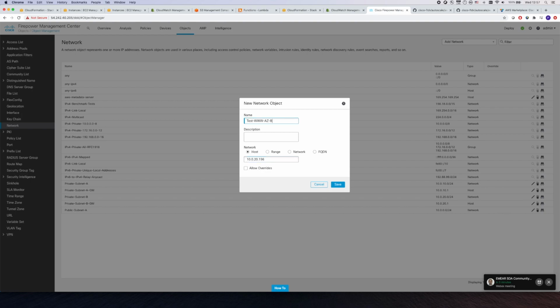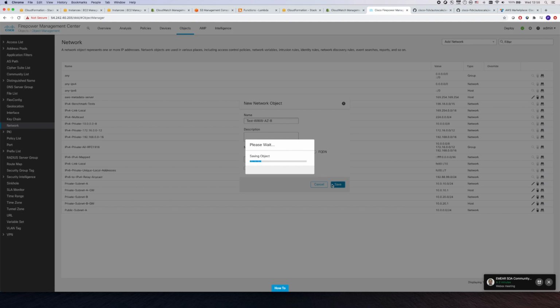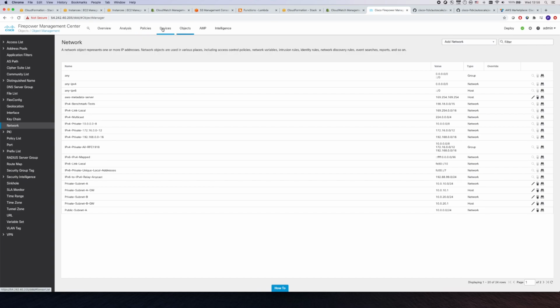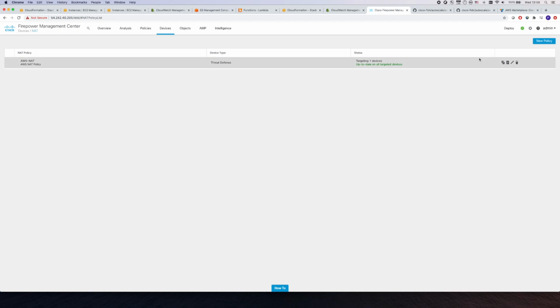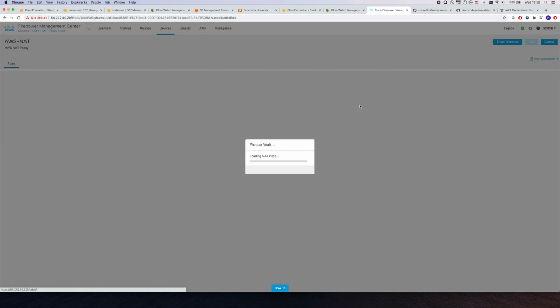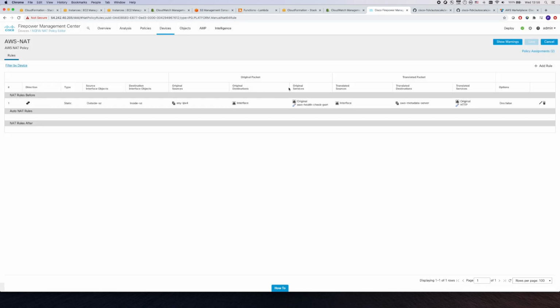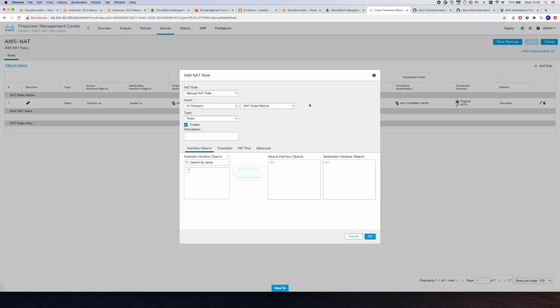This is just a simple Amazon EC2 instance running a simple Python -m http.server module, so nothing fancy, and I deploy this instance into the inside subnet of one of the availability zones. So that's really just it. And we need to create a NAT definition for this to be able to send traffic towards this instance,